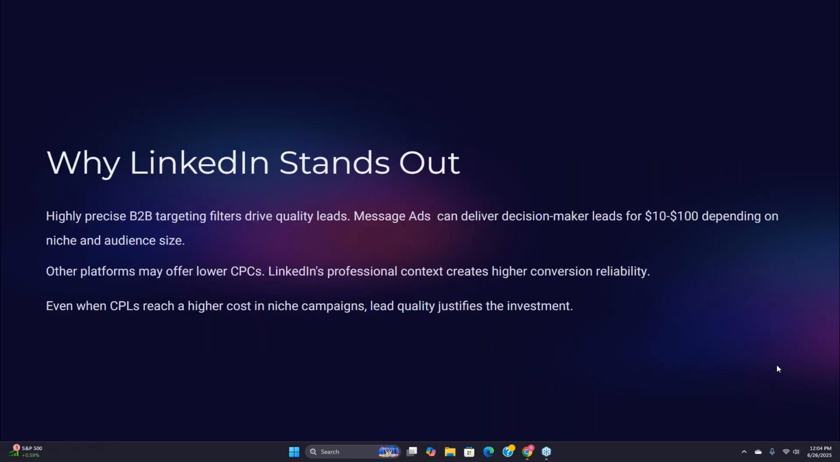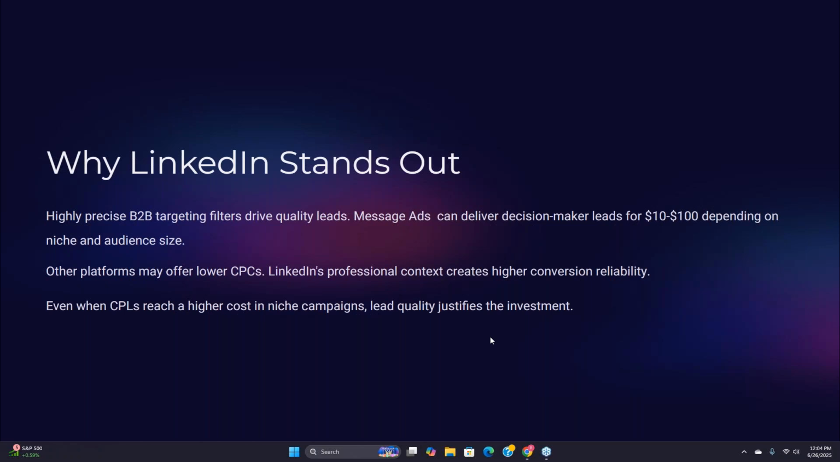Now, why LinkedIn stands out is because it's highly precise B2B marketing with targeted filters, and it drives quality leads. Message ads specifically can deliver decision maker leads for anywhere from $10 to $100 depending on the niche and audience size. That varies. It's going to depend on what your offer is, what your niche is, and how big or small your audience is. Other platforms definitely offer lower CPCs a lot of times, but LinkedIn's professional context creates higher